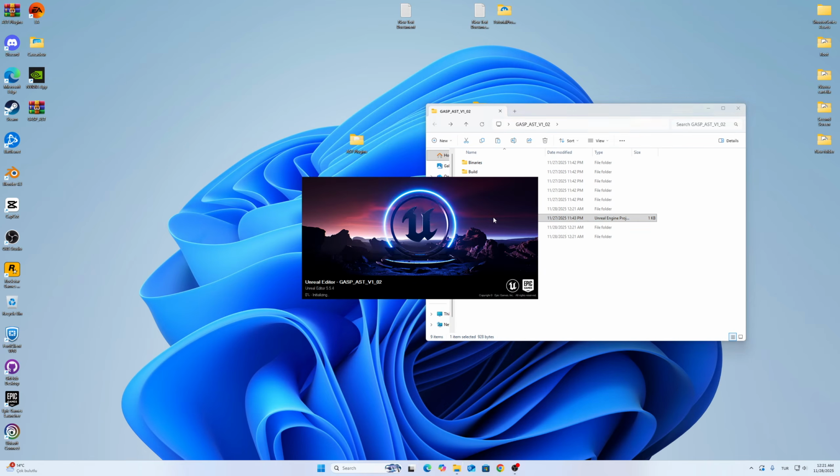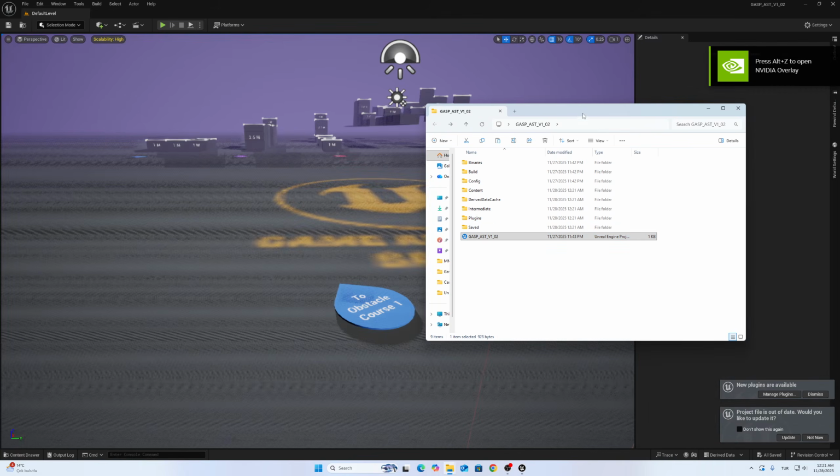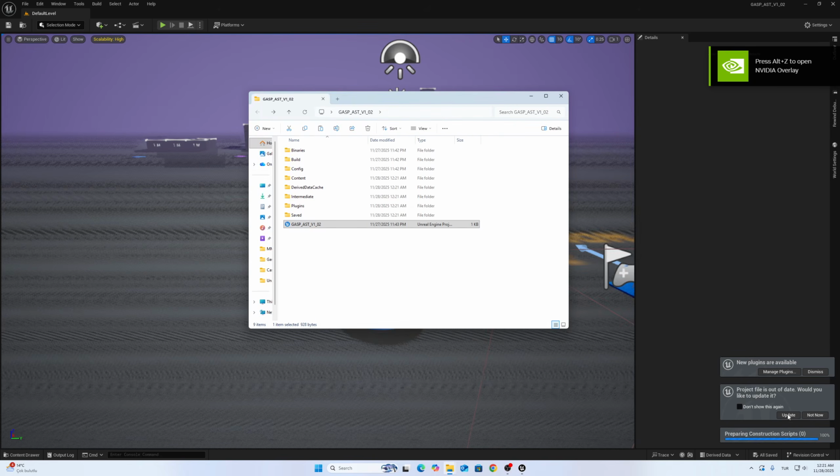After copying the folders, open up the project. When you open up the project, click the update button